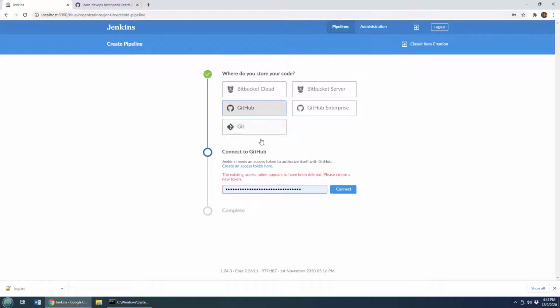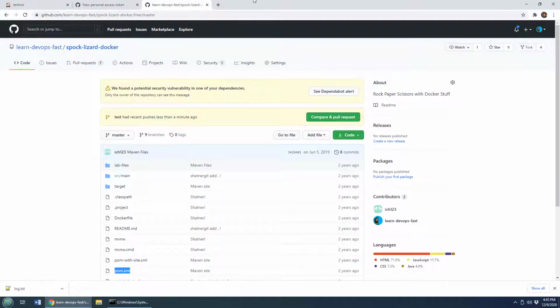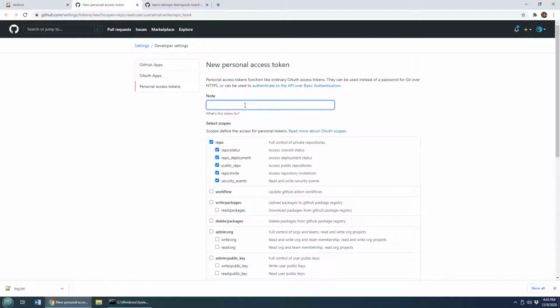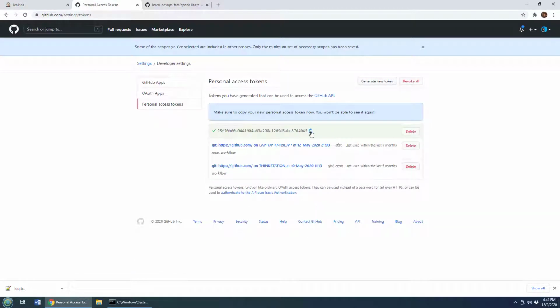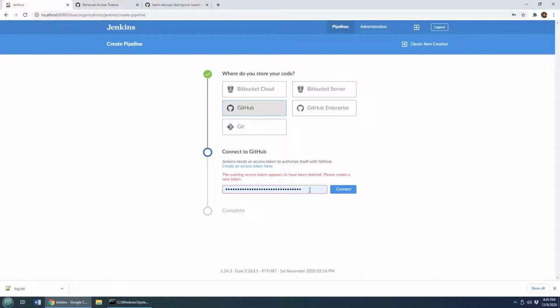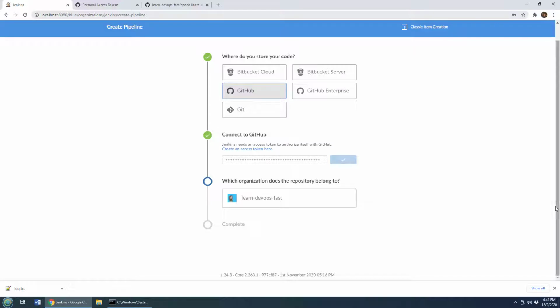Now, when I come back in the tool, it says I can't connect to GitHub without an access token, and I don't have one, so I'm going to click create an access token here. Since I've already logged into my GitHub account, it takes me right to the page. I just have to provide a name. I'll call it my token. Maybe I should call it GitHub token, but that looks good enough. I'll generate this token, and a long hexadecimal number is created, which I copy onto my clipboard, come back to Jenkins, paste it into that window, click connect,